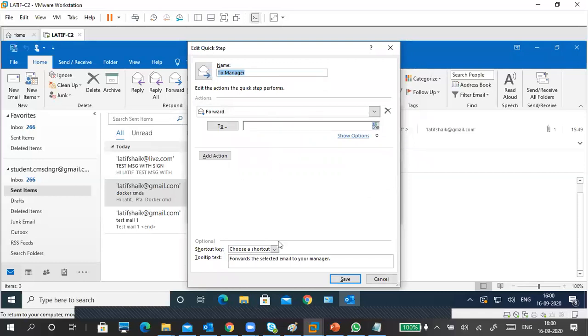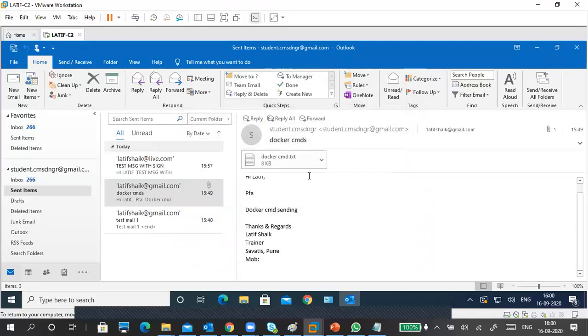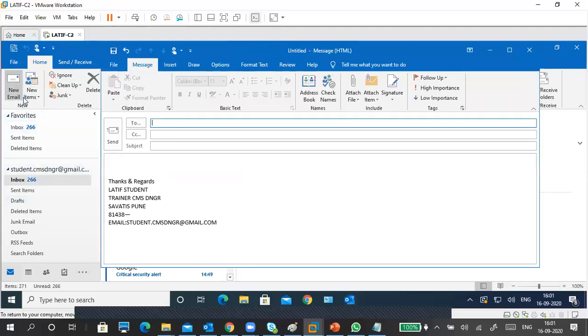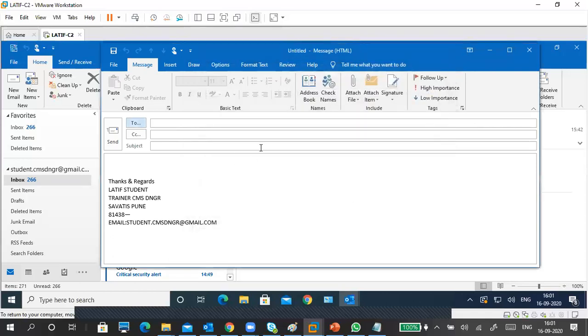Shortcut key, something, actions and there. So I put it and saved it, right? So you can search for a manager.